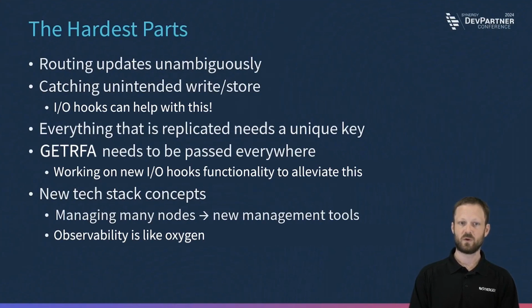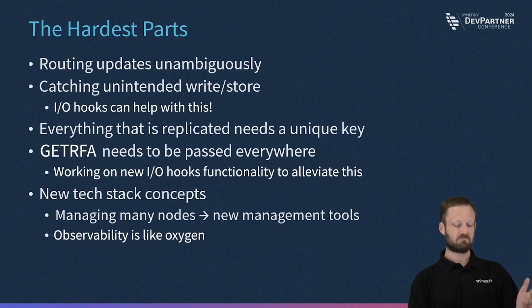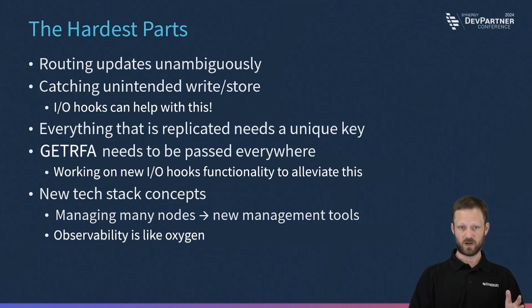Routing updates unambiguously. That doesn't really say a whole lot, but imagine you have files that have lots of tag fields. Synergy applications often have these tag fields that indicate I'm really one of these records. I have like 10 different subtypes in the same file. And they use tag fields to identify which of the subtypes they actually are.